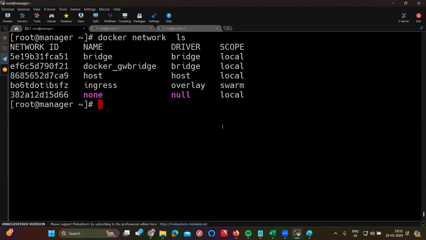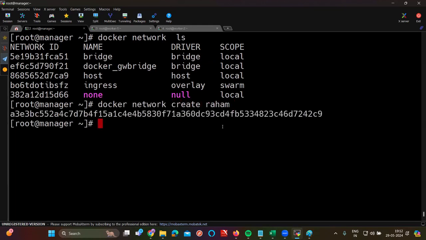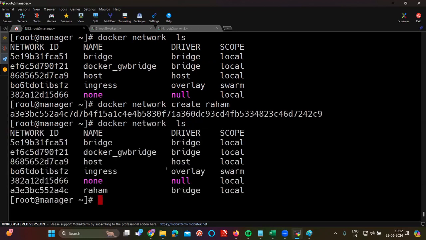So now how to create the custom network? There is a command called docker network create. Name of the network will be Raham. Are you seeing the Raham network now? So driver means type. What is the type of the network? So it can be applicable to which containers? Correct. So now create two different containers. First of all,